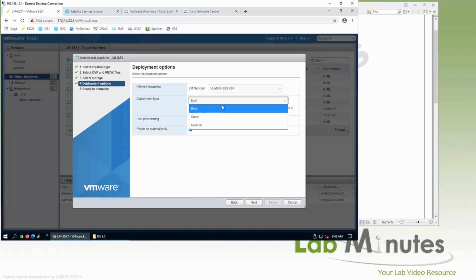We're going to stick with the eval, and then whatever you selected, you will see that there's a note down below that says it's going to need 4 virtual CPU as well as 16 gig of memory. For disk provisioning, even though thin provision is enabled, in production, definitely if you can afford to reserve the disk storage, it is recommended to choose thick. For us in the lab, we're going to leave it as thin,